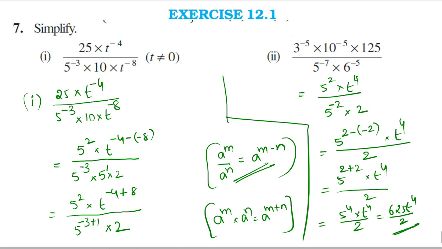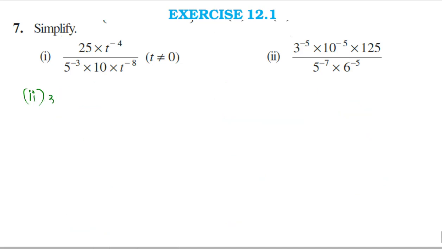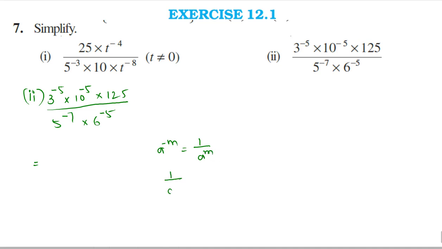Let us go to the next problem, that is the second one. 3 to the power of minus 5 into 10 to the power of minus 5 into 125 divided by 5 to the power of minus 7 into 6 to the power of minus 5. This is equal to, we know that a to the power of minus m equal to 1 by a to the power of m, and similarly 1 by a to the power of minus m equal to a to the power of m. So by using these two identities, you see here 3 to the power of minus 5 we have,